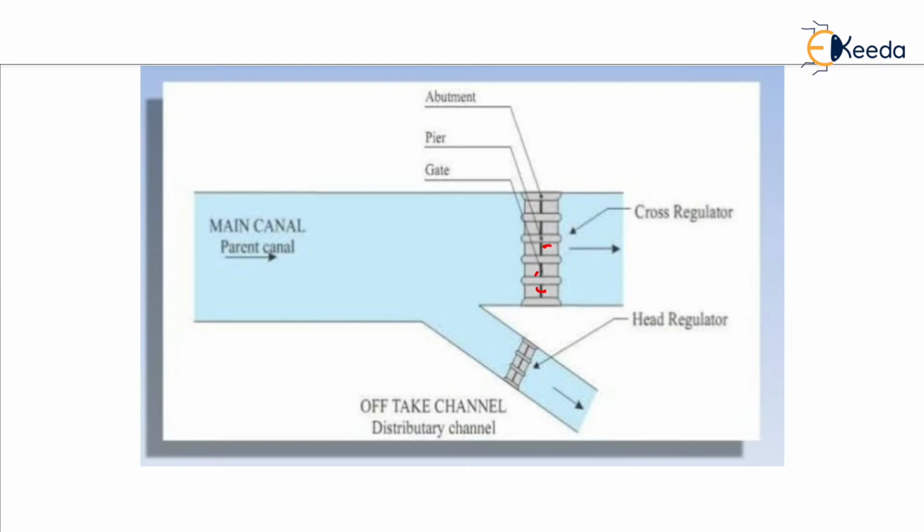By opening and closing that gate, we can allow flow, because we cannot stop the water for a longer period. Once we require the water to be increased and diverted through the off-taking channel, then and only then are we going to close the gates. But when the required amount is not needed to flow through the off-taking channel, the gates are open. So these gates can be opened and closed. They can be operated manually, or sometimes mechanically also.